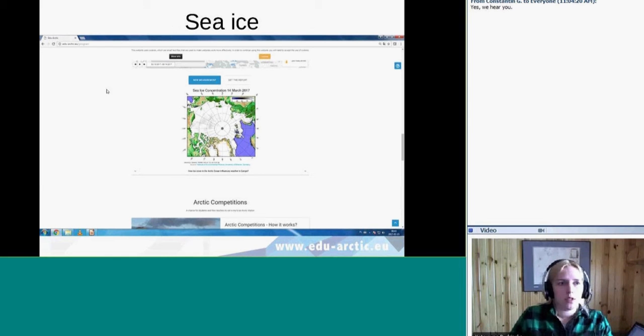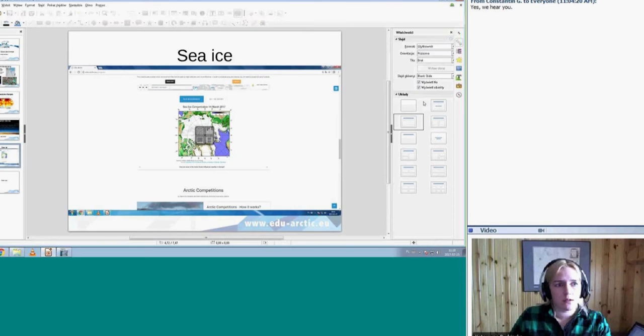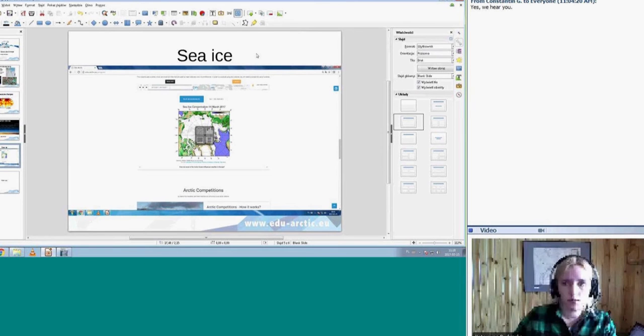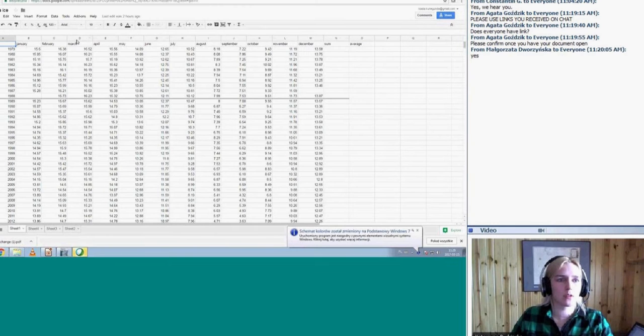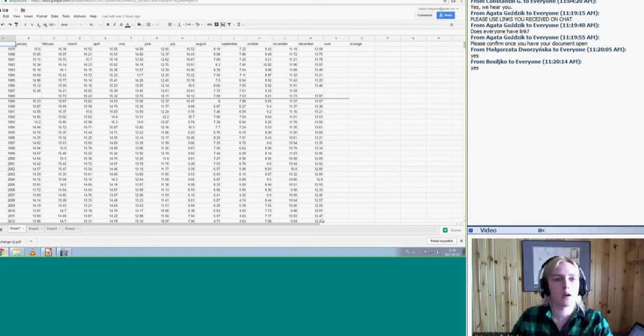So we will take a look now at real life data. As I mentioned at the beginning, you got some numbers assigned to your school. So if you could go to the link that should be provided, then you will be able to work on the file. You should have something like this. So if you open this document,